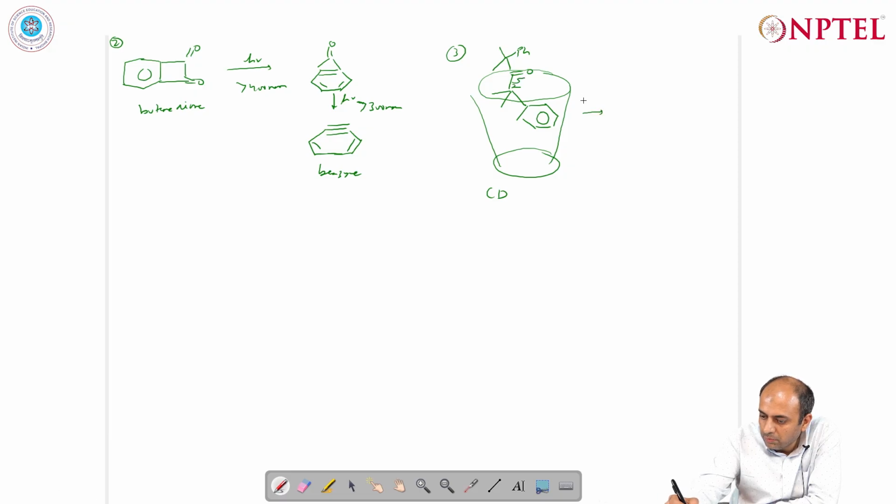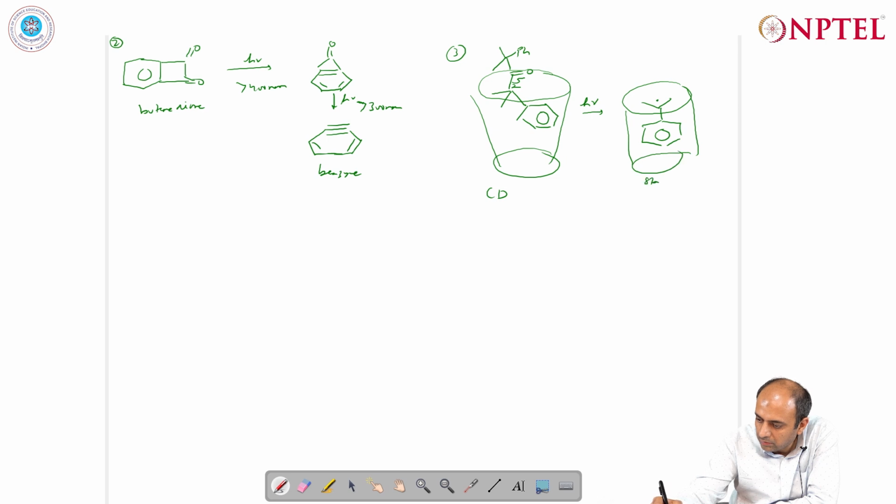So it photochemically cleaves. There is a photolytic dissociation in presence of h nu, so it forms this particular free radical, and this free radical inside this cyclodextrin can be stabilized for days. Normally this is stable for a very short time of few microseconds, so it can be stabilized, and